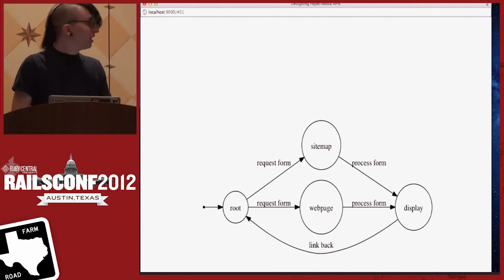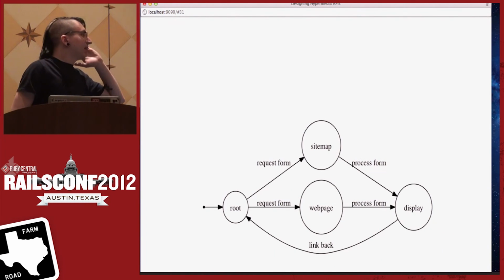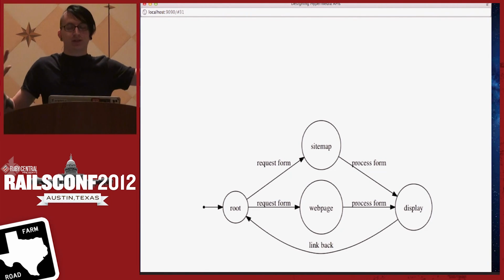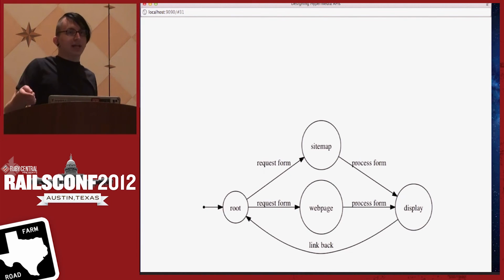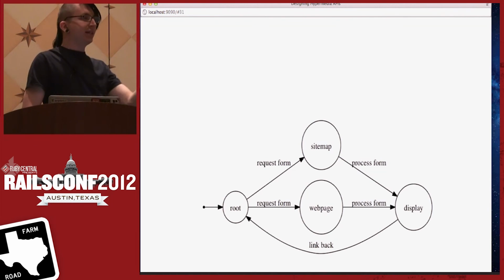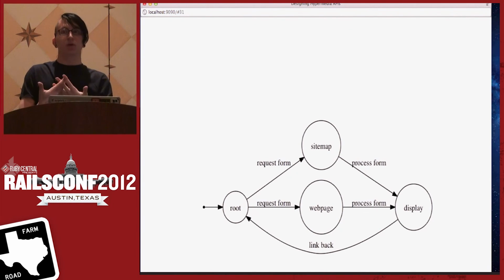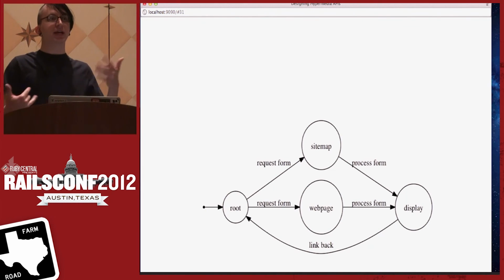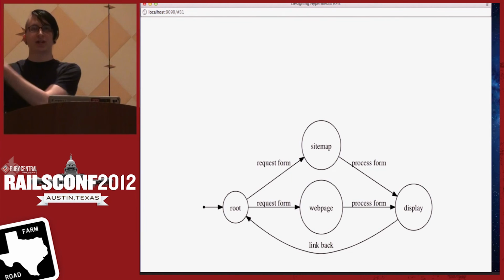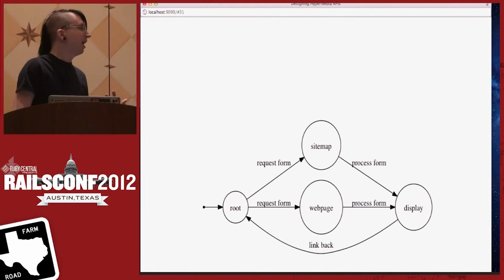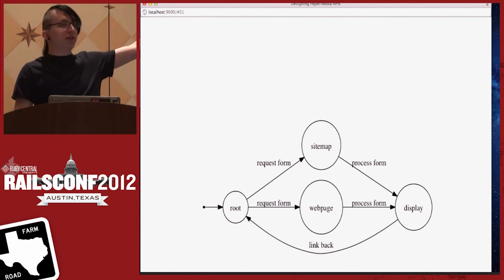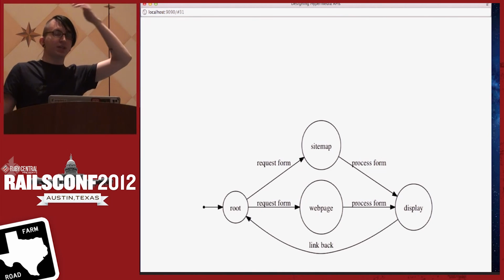I'll shrink it again. So basically, this is how I built a random state machine to do this process. We need to be able to make a request to actually get the data back, right? So that's the second half. But we need that variable, the actual URL that we're checking, so we need to template that somehow. So we need an intermediate step, a form, to say, hey, put in the URL and hit process, and then it will actually do the processing. So there's sort of two steps. The request form and the request both hit the middle ones. They do the processing and give you this display, which is the same in both instances,